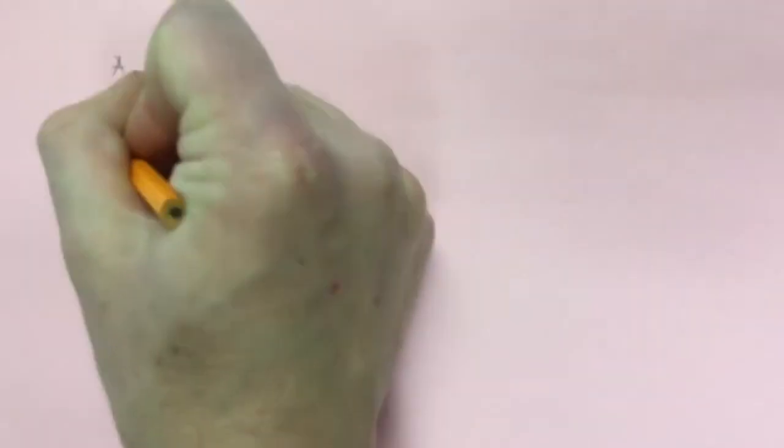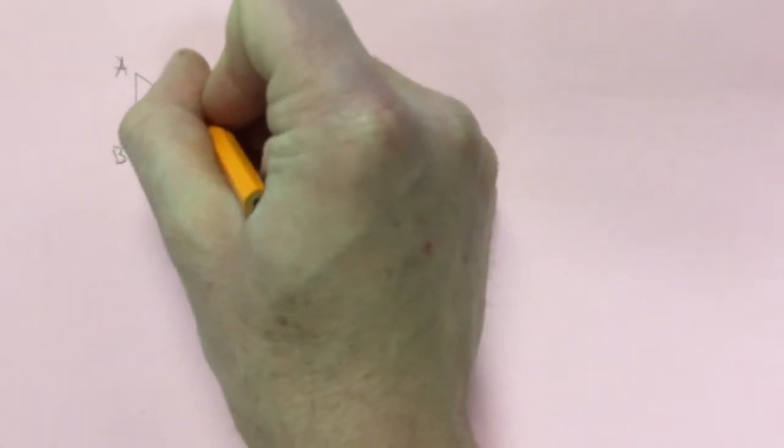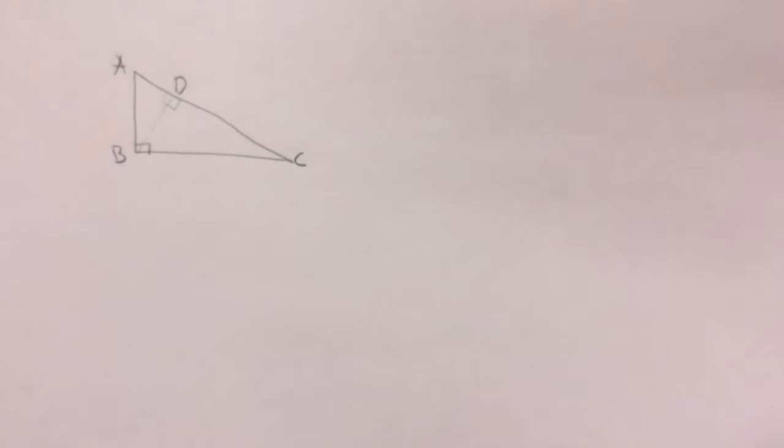Okay, last theorem, theorem number 3. So we got the same situation: a triangle with the altitude to the hypotenuse. And this one's also going to involve the geometric mean. So in this one, we know that